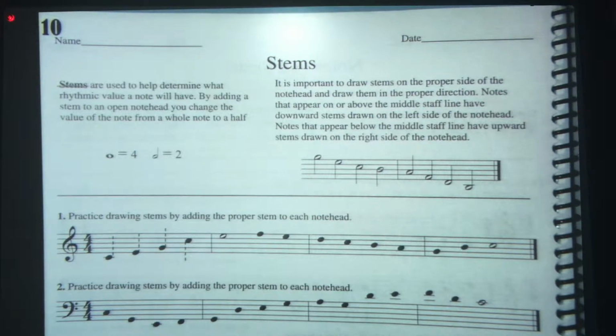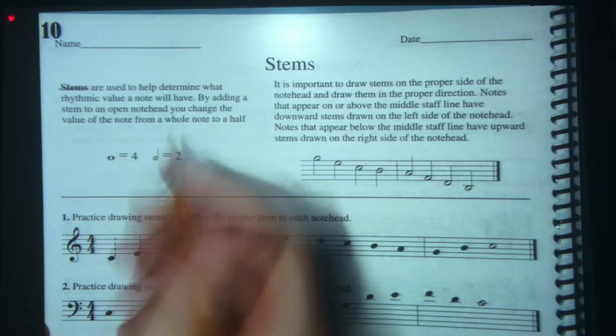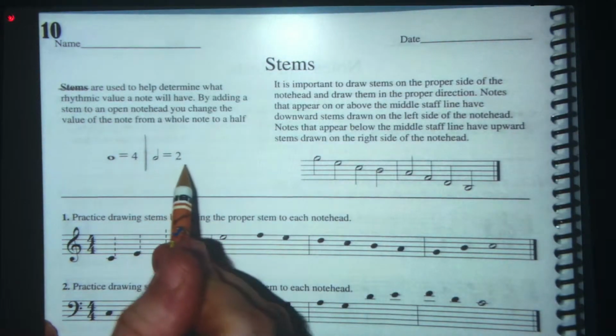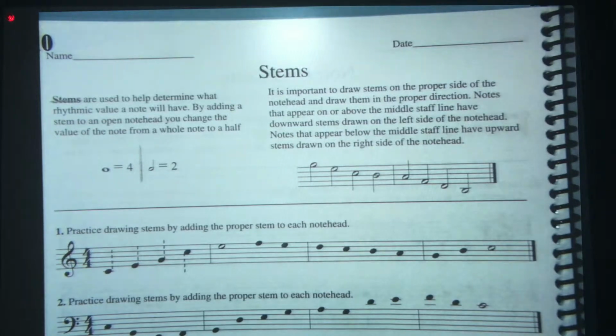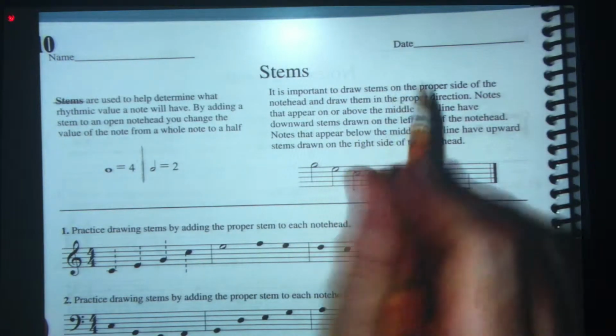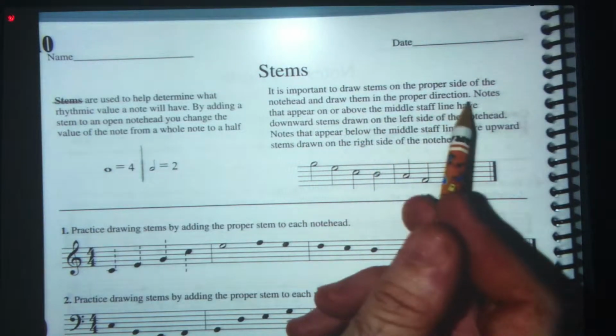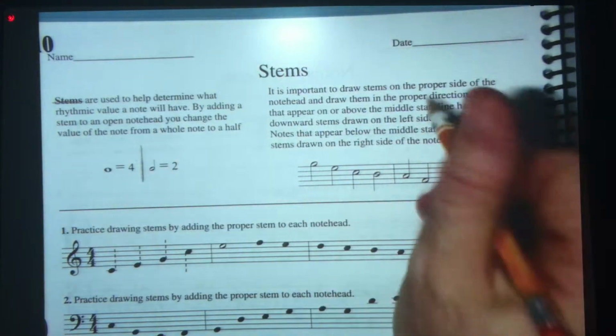By adding a stem to an open note head, you can change the value of a note from a whole note, which gets 4 beats, to a half note, which gets 2 beats. It is important to draw stems on the proper side of the note head and draw them in the proper direction. So 2 things to worry about: the proper side